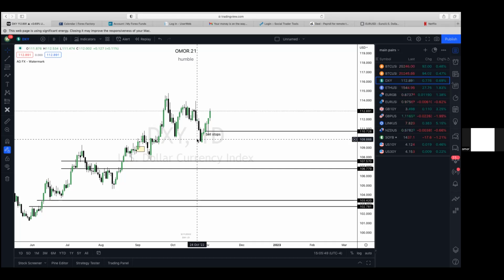This is an example using FOMC. You ran a sell-side liquidity pool. Overall bullish narrative for the dollar. We're expecting higher prices. Now, you had a low and you ran the low prior to a reason to push price, right? FOMC. You ran under the low and there are sell stops beneath that low. Those sell stops under the low get paired with smart money long positions in the market just before FOMC.